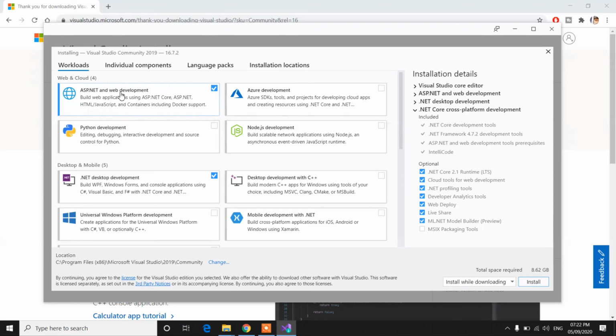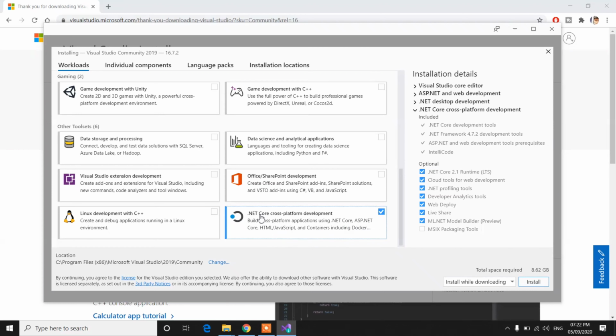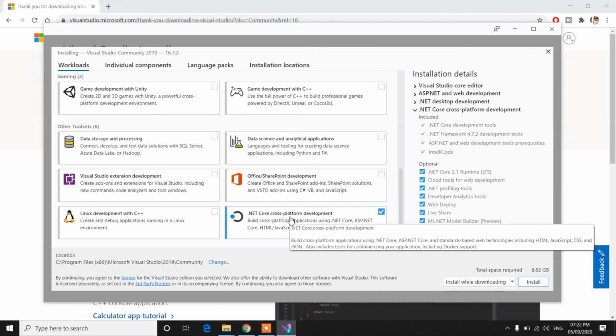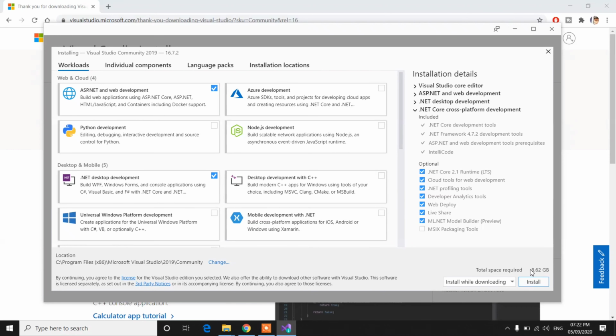The first one is ASP.NET Web Development. The second one is .NET Desktop Development, which comes with desktop applications as well as console applications, which are used for learning C#. And the last one I have selected is .NET Core, which is cross-platform development. So now it will take a total space of 8.62 GB. So click on install.